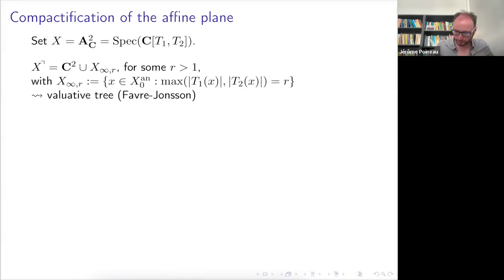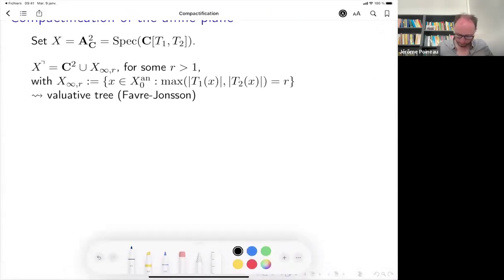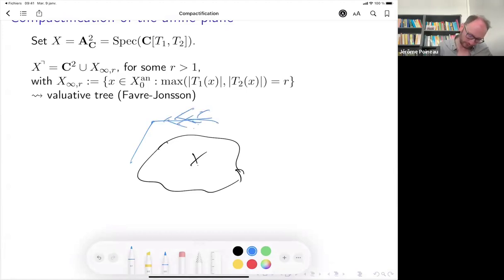So maybe I can draw a picture. I'm not sure how to draw a two-dimensional complex space. So this can be some x of dimension 2. And at the boundary, you have this space by Favre and Jonsson, which is some valuative tree, which at least in my mind looks like this, like two disks glued. So something of dimension 1 glued at the boundary.